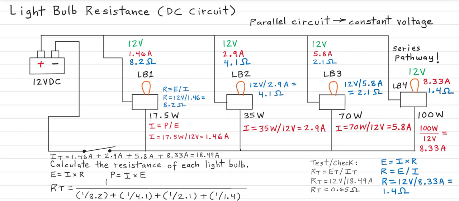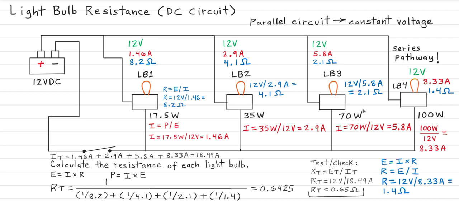And we can add up these fractions and then find the inverse, so 1 over the answer. So when you take the parentheses containing the reciprocal of each ohms value and you add them together, you then find the inverse, or 1 over that. So when you figure that out, you'll get